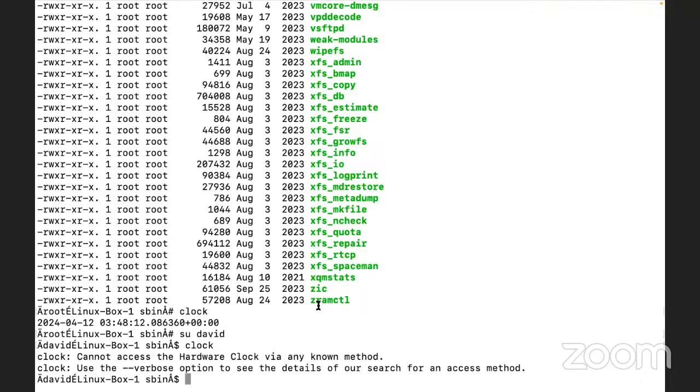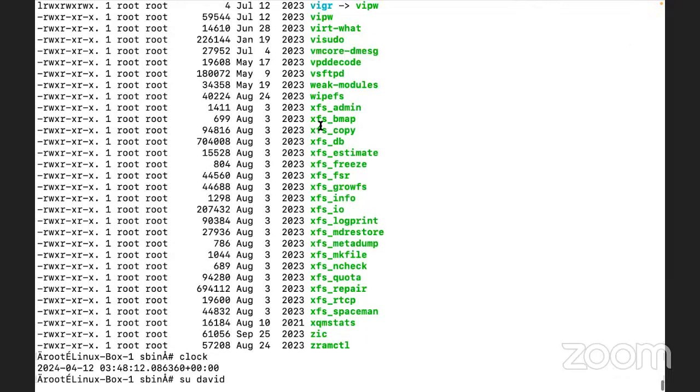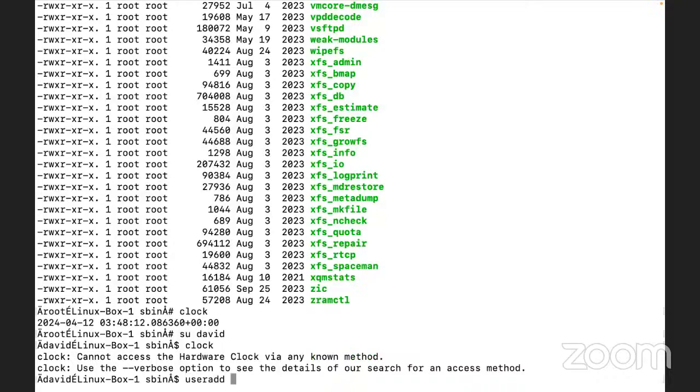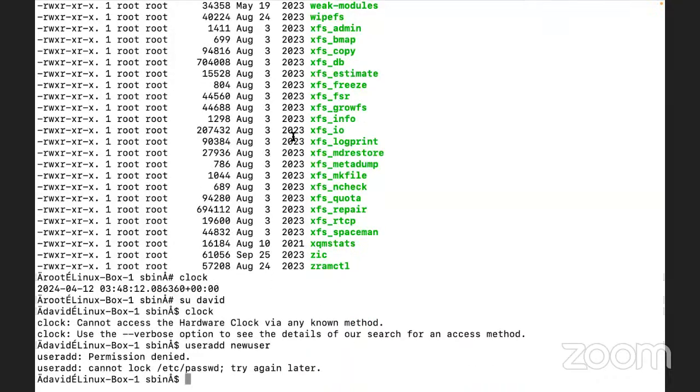Let us say useradd. Whatever commands are available within this directory, you will not be able to run any of them as a normal user.